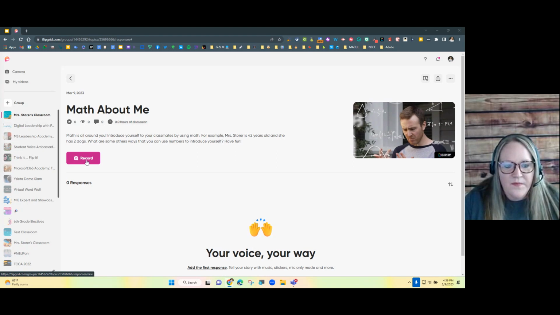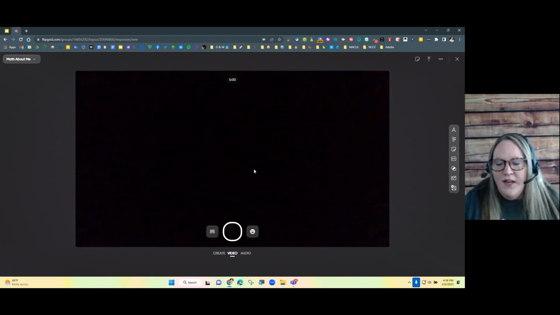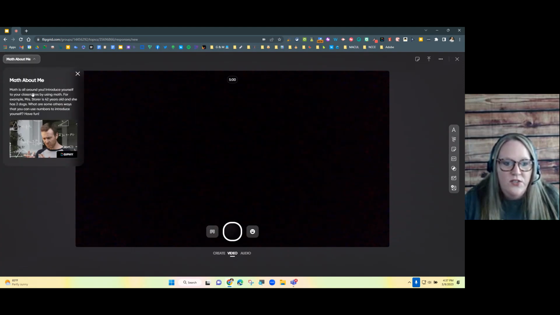All right. When you first open the camera, let's allow all the things. Yes, yes, yes. It's probably about to make my computer so angry. Let's see if it does it for me. When you open the camera, you will be able to see, in the top left-hand corner, the instructions. So the students can click here and they can see the instructions listed here.